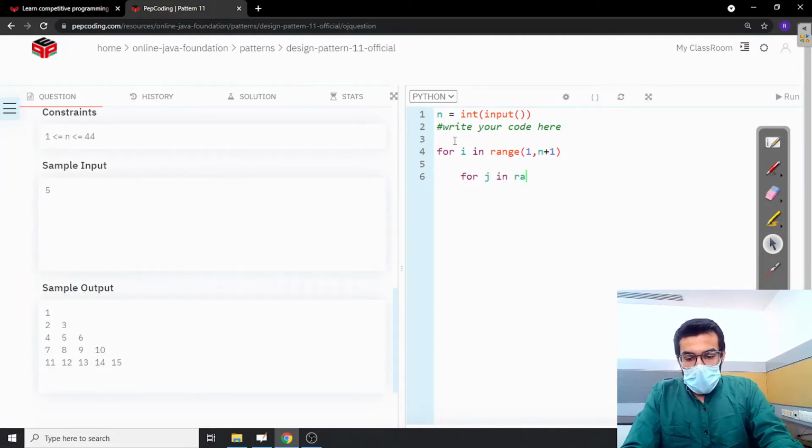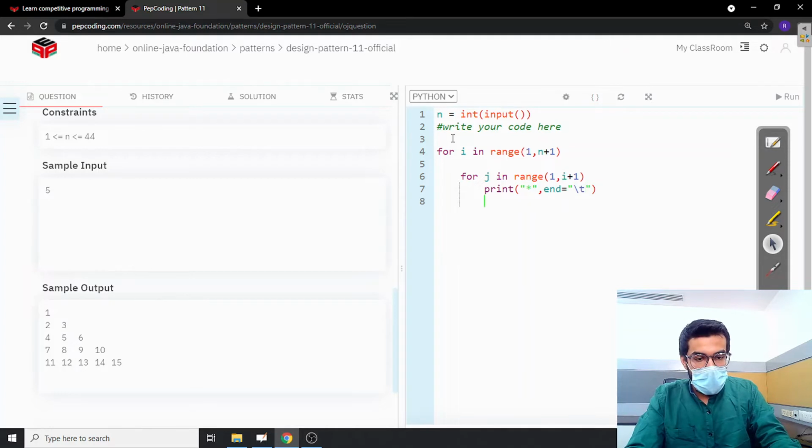For j in range 1 till i plus 1, simply print the star followed by a tab,